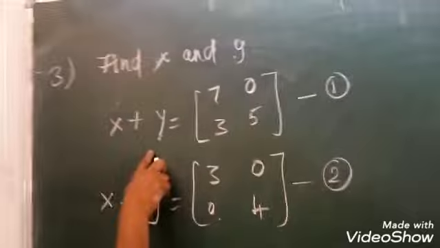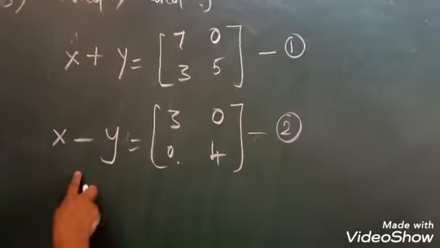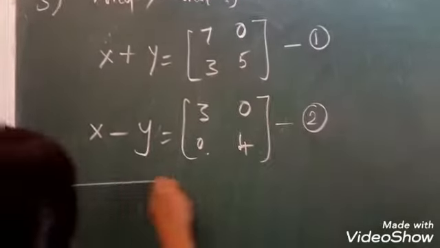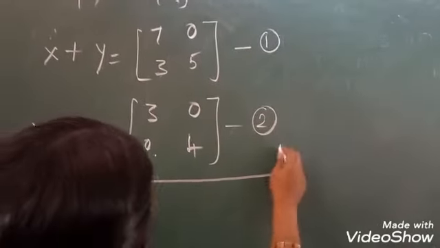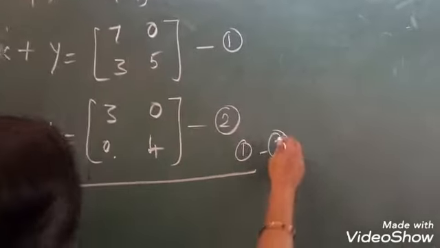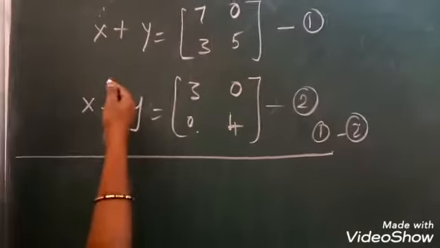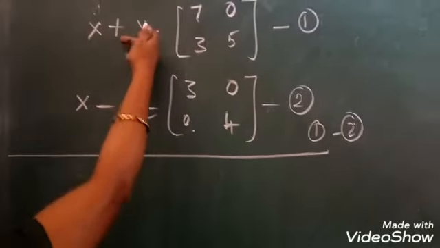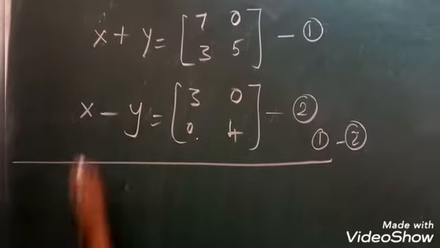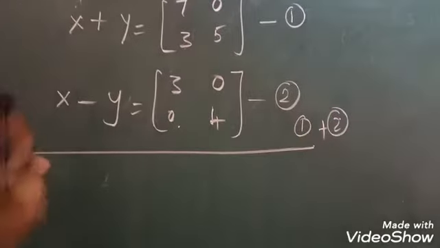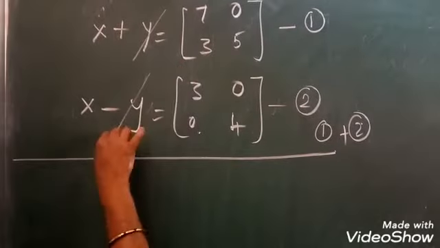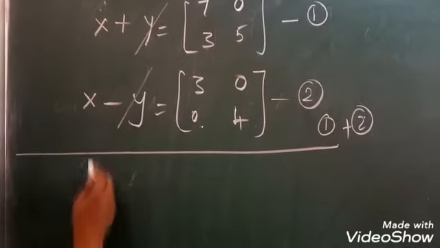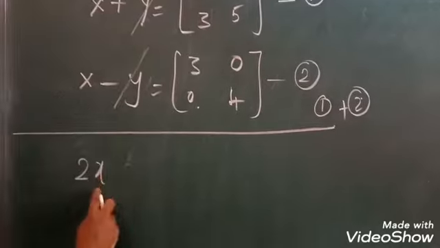So consider the first equation x plus y. The second equation is x minus y, in the matrix. You have to use the elimination or cancellation method. Do you want to change the sign? No, you do not need to change the sign, because plus y and minus y are given. So directly you can cancel. So if you add the first equation and the second equation, you will eliminate y. Okay girls, now x plus x. What is the answer? 2x on the left hand side.